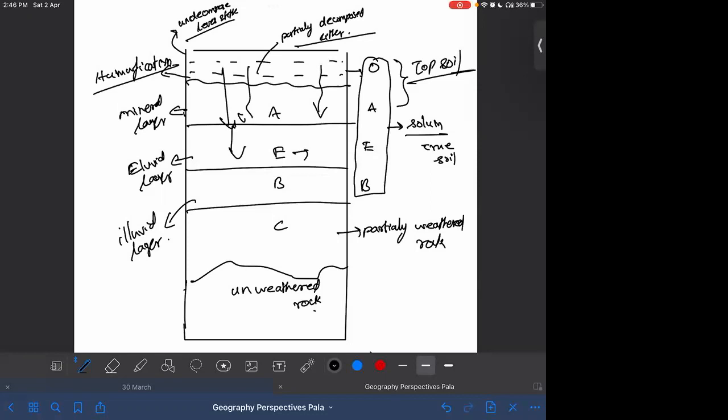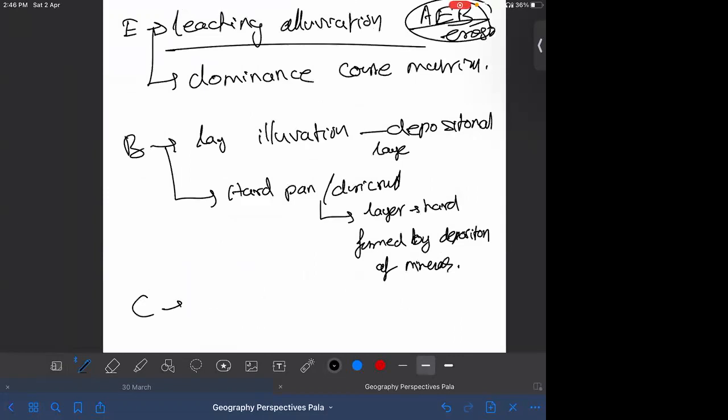Now, the O horizon is mostly the zone where a lot of organic matter is found. Then in the A layer and the E layer you see the downward movement of minerals, through processes like leaching and eluviation. They are erosional layers. The third layer, B, is where the minerals which are transported down are deposited. It is a deposition layer. Now the C layer is the layer of partially decomposed